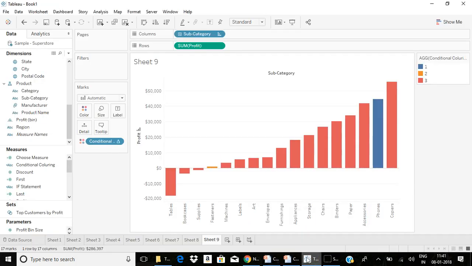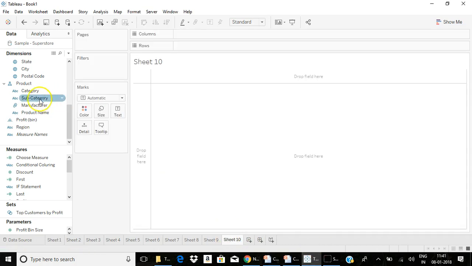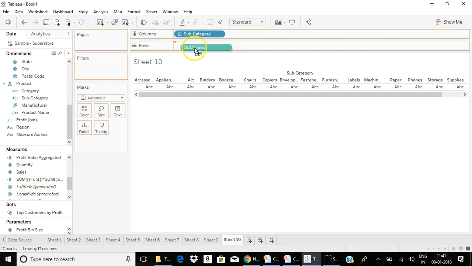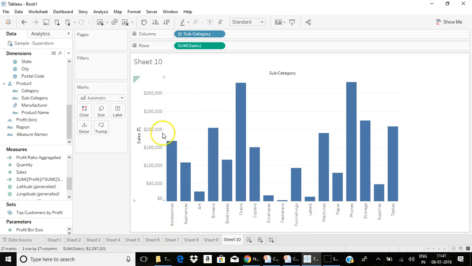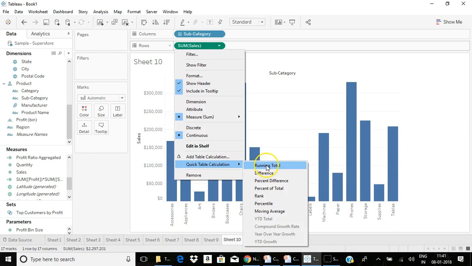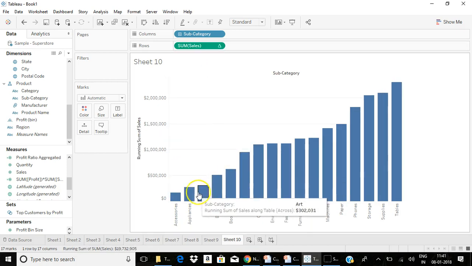Let's go for a live demo. So for quick table calculations, we have all the fields to create the view. So I choose subcategory to show the sales. But now if I want to perform some calculations based on results of my query, click on the measure, go for quick table calculations. Here you can choose any of these calculations. So these are all predefined set of calculations. So if I give running total, it will automatically calculate the running total.